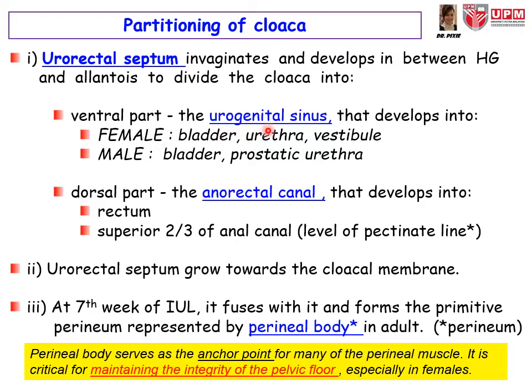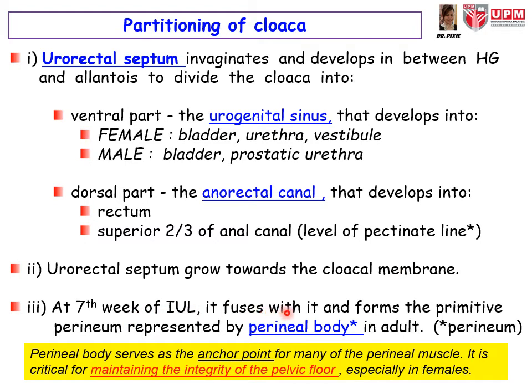In female, the urogenital sinus will become bladder, urethra, and vestibule. Whereas in male, the urogenital sinus gives rise to bladder and prostatic urethra. The dorsal part of the cloaca then becomes the anorectal canal, which is the same for both sexes. The anorectal canal will further develop into the rectum and the superior two-thirds of the anal canal at the level of the pectinate line. The urorectal septum continues growing downwards towards the cloacal membrane, in which at week